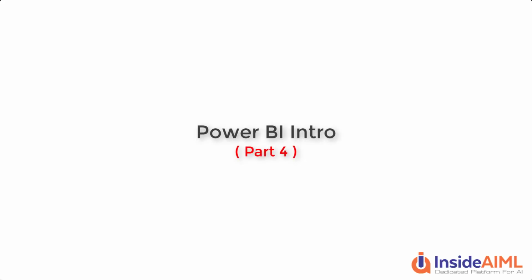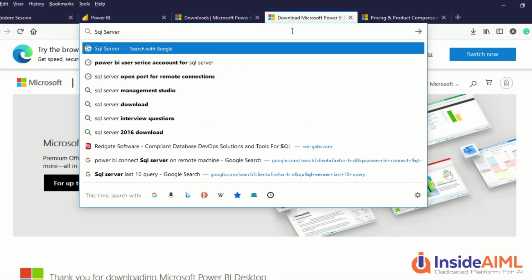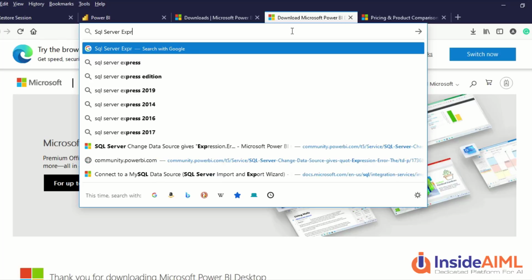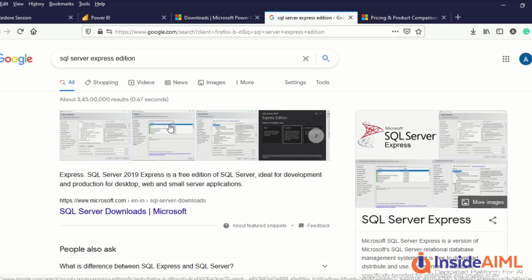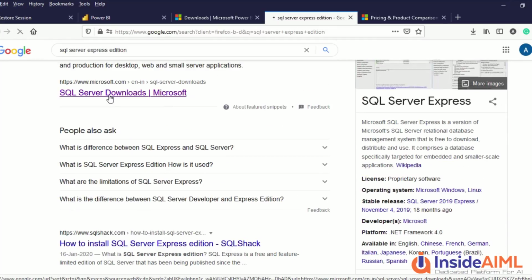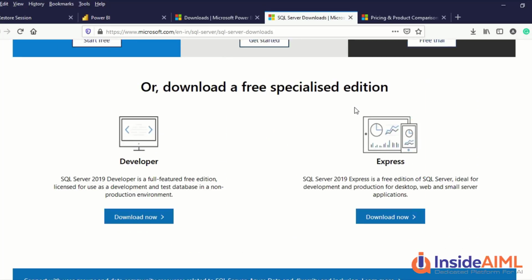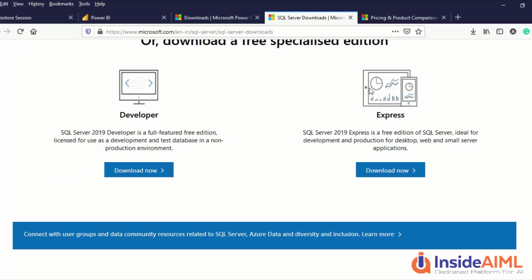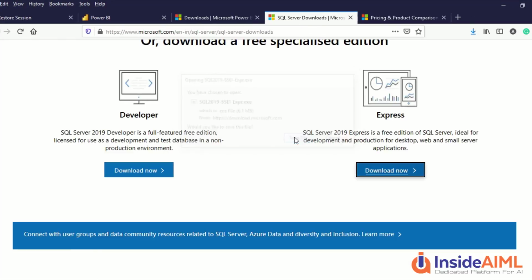So now another thing which we are going to download is SQL Server. For the SQL Server, we are going to download the Express Edition, which is free. So search for SQL Server Express Edition and it should tell you the latest one from Microsoft. And let's see, does it take us to that SQL Server Express? So we have a SQL Server download of Edition, and we're going to go to the Express Edition and say download now, and it's going to download and save the file.